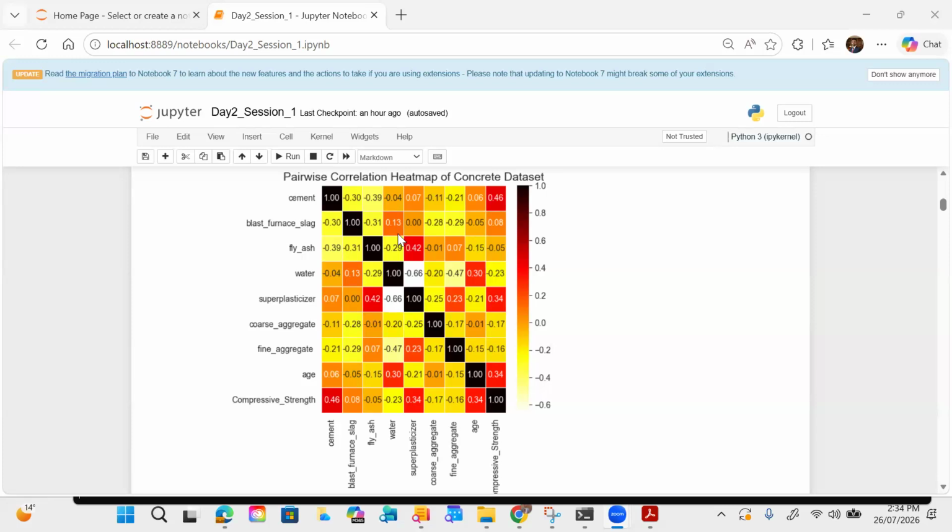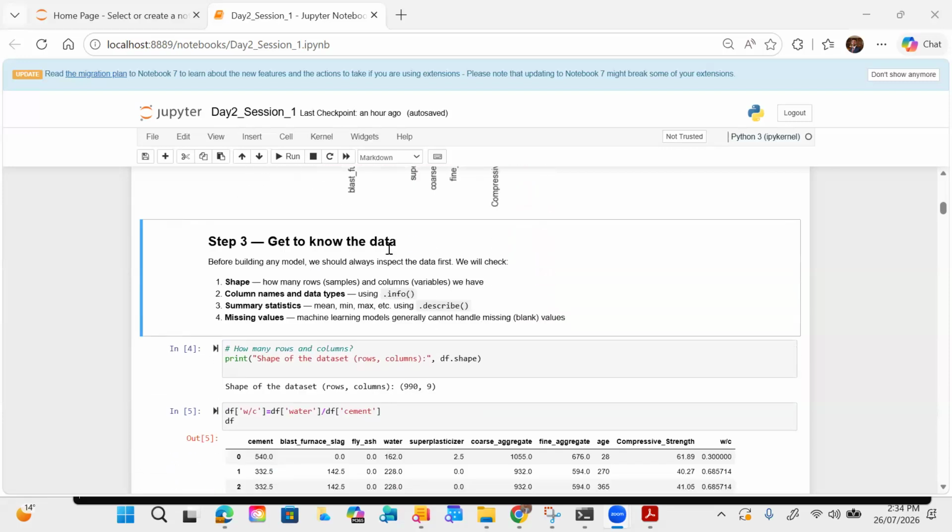Again, overall summary, you need to check the statistics, you need to check the correlation, especially with the target variable and the inputs, and between the input pairs as well. Once we do this,